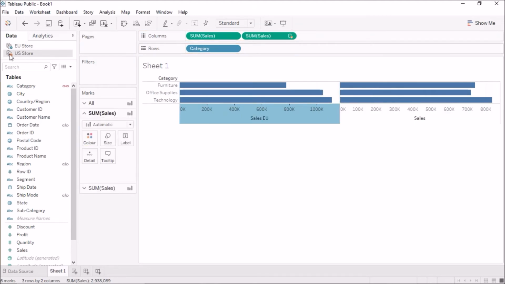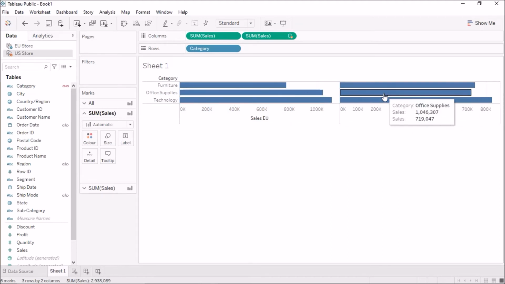So this is indicating that this is the secondary data source. So all of the data sources which are not primary will be secondary, and those will be orange check marked. Okay, so now I can compare the sales in the American and the European markets. So this is how I can blend the 2 data sources based upon a particular column.